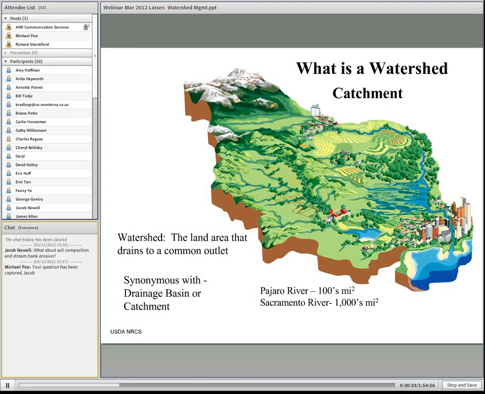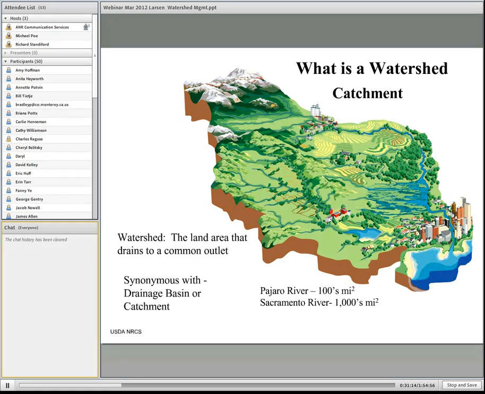And that's a question that you can answer in a lot of different ways. It can be synonymous with a drainage basin or a catchment. I actually think catchment's a better word for the fact that we want our watersheds to catch the water and not shed it. And we'll get into a little bit more of that as we go through this talk, a little bit of why that is important. It can be defined in terms of how large it is, from a very small, it could even be 1 acre or less, up to thousands of square miles, depending on what river or what stream it is you're concerned about.